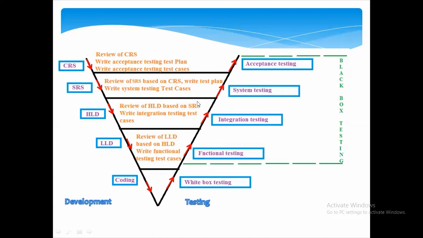we can call it validation. So in validation, white box testing comes into the picture and black box testing comes into the picture. The white box testing is done by the development team and the black box testing is done by the testing team. So in verification, the main point we need to concentrate on